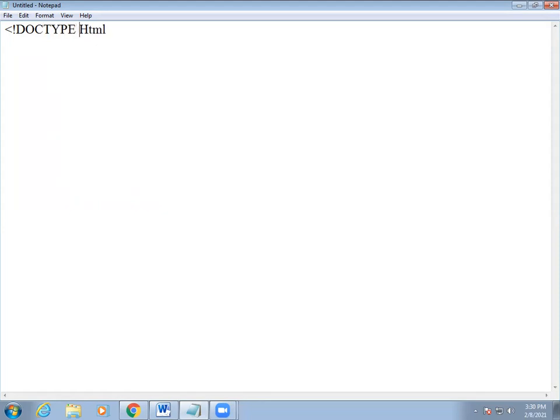So this is our doctype HTML. In that, this is the document model, correct? So we write this document model. You can also use your boilerplate, but here I am writing all the HTML code. Then you close your head tag.